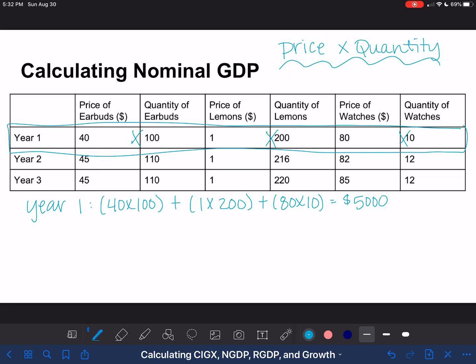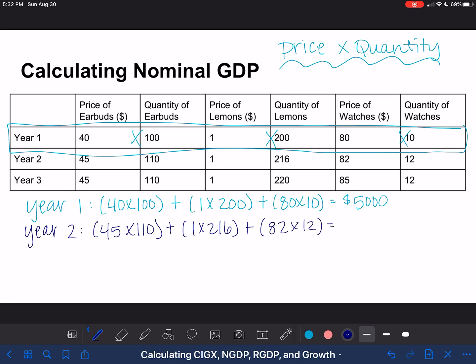Go ahead and pause the video and figure out the nominal GDP for years 2 and 3. Let's check your answer for year 2. For year 2, it's going to be 45 times 110 plus 1 times 216 plus 82 times 12, which will equal